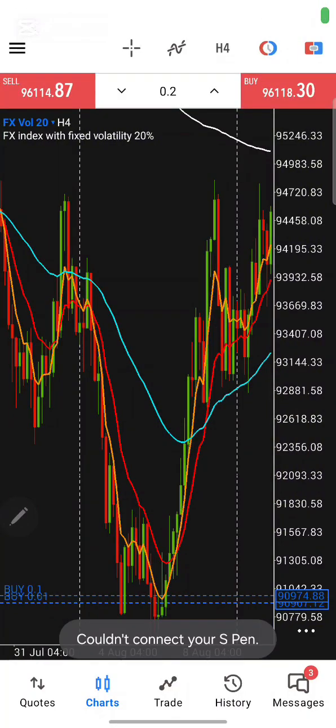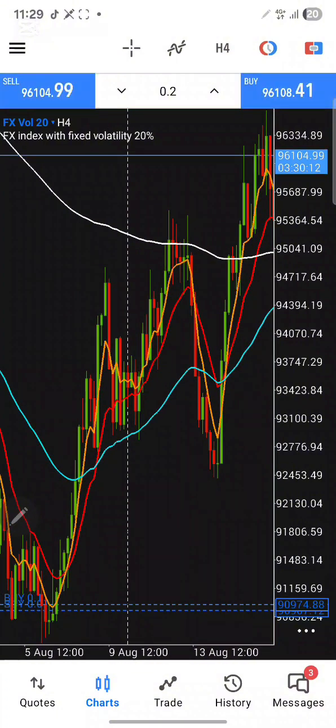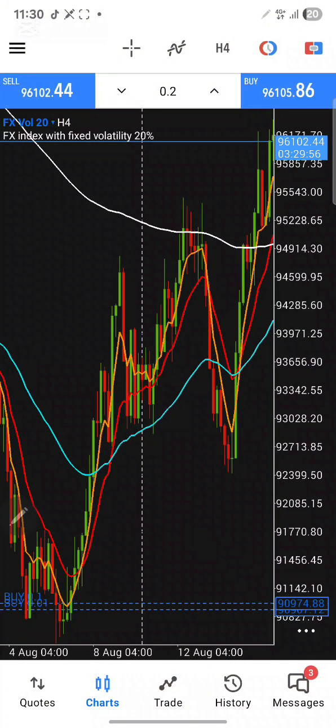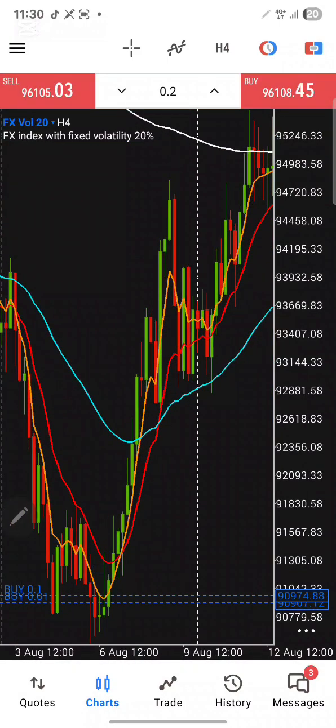So this is the difference in the contract sizes. Your contract size will be determined by your account size and also your risk management. It all depends on the amount of money that you're going to be willing to lose. So we placed one trade that time, right? And that was a 0.01 trade. Our lot size was 0.01 here, and then